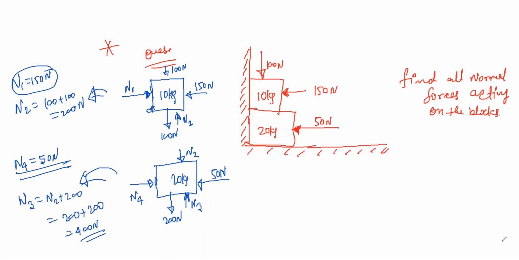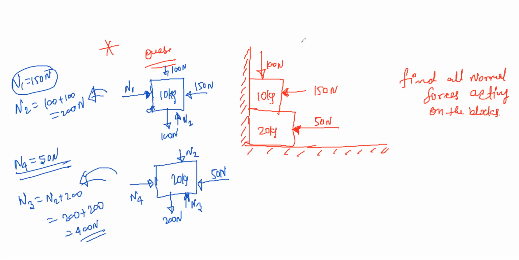Sir, instead of N3, I took it as N4, sir, and I got 400 Newton. Yeah, that is okay. The name you take for the unknown can be different. Suppose I am finding, no, this is not a normal, this is R1, this is F1, F2, or anything. You are giving some name to the unknown. That can be fine. Is this okay? Okay, sir.